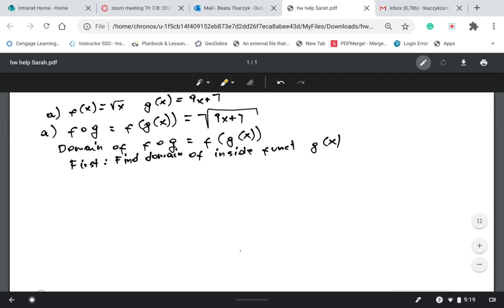So function g of x, again, is 9x plus 7. This is just a straight line. So domain of g of x is all real numbers, which is from negative infinity to infinity, because 9x plus 7 is a straight line. So for x, you can plug in any real number, and you always will be able to evaluate the y value. So when you find the domain of the inside function, next, which is second, find the domain